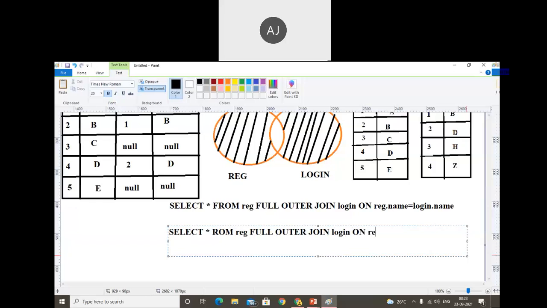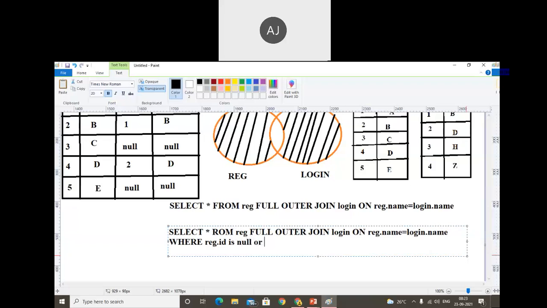I will use the same thing, registration.name equals login.name. Here I will use a where clause, where we need to specify the table name, registration.id is null,